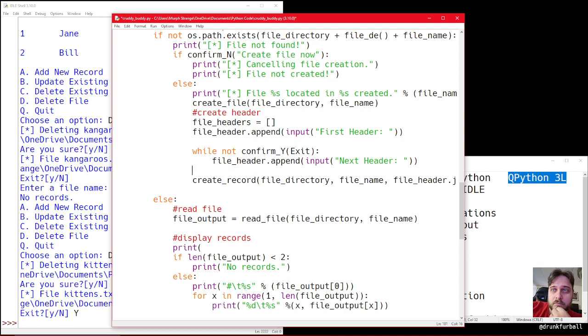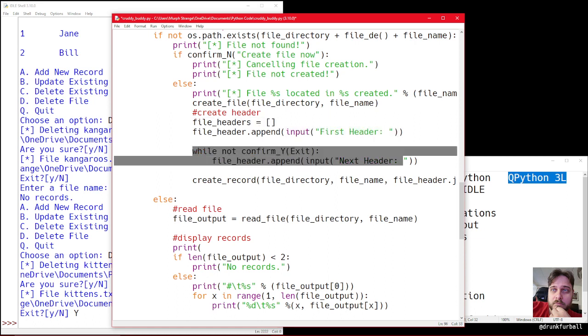Okay, we get here, the file's created. We start a new list. First thing we do is append to that list the first header, which is just whatever our user inputs right here. And that's just immediately and directly appended to the list we created. Then we enter a loop where it asks us, would we like to continue? And it's just going to ask us that at the top of each loop. Continue, continue, continue, continue. And as long as you keep hitting yes,